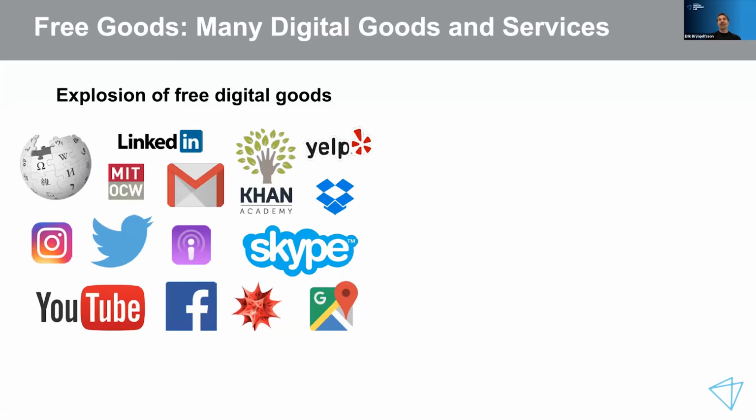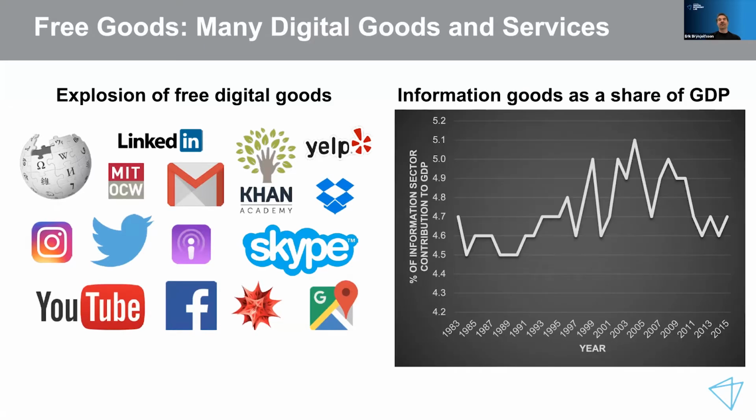And what's happened to GDP? Well, back in the early 80s, the section of the economy that accounted for all these digital goods, and for that matter, for software, books, music, magazines, was about 4.7% of GDP. And after this explosion, it went all the way up to 4.7% of GDP. So it's as if nothing really happened. And that's, as I said earlier, because it's not measured.